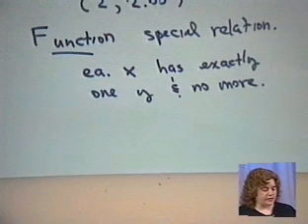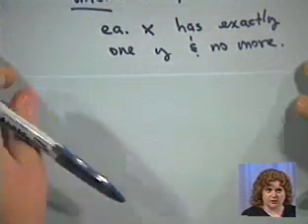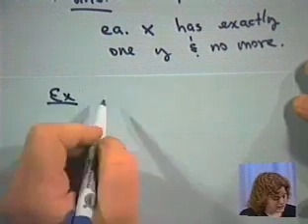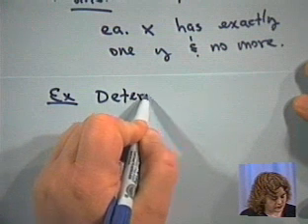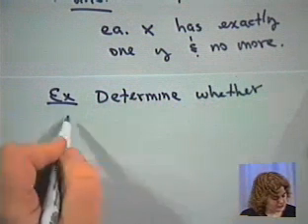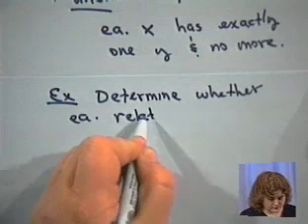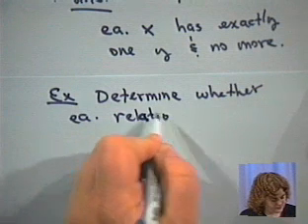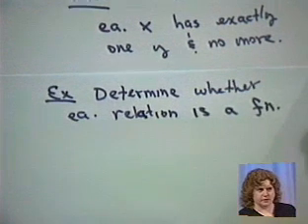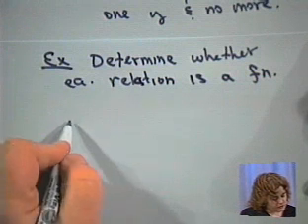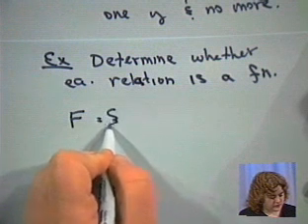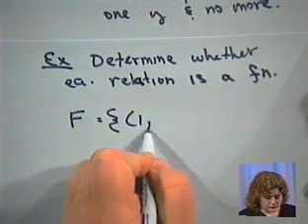Now, let's look at an example where we decide whether some relations are in fact that special thing called a function. And how that might be requested of you is to say, determine whether each of the following relations, that's an A, is a function. And I'll put Fn for function. Let's start with the relation F, which is the set of ordered pairs 1, 2,